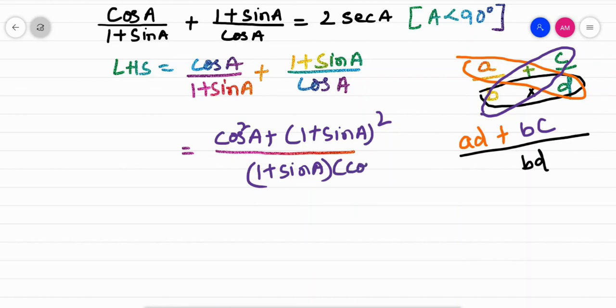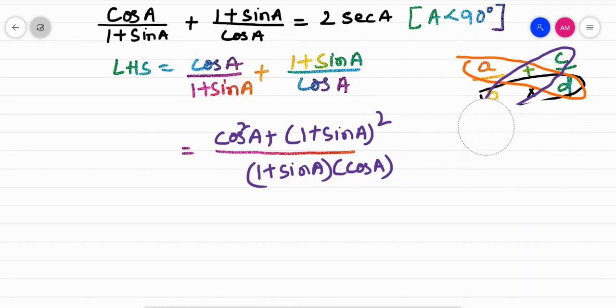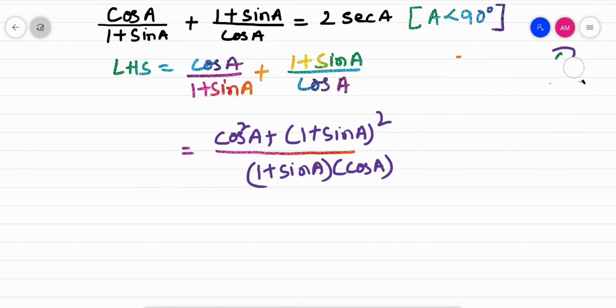So this is how you will be finding out the LCM. That will be very easy for you. Without finding the LCM it will not work out. So children, please find out the LCM in such a way that the question becomes easy for you. I think you'll all remember this rule. Now what you have to do is expand it.